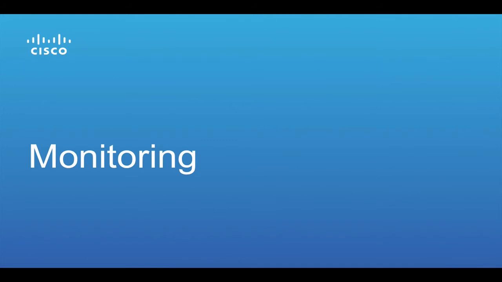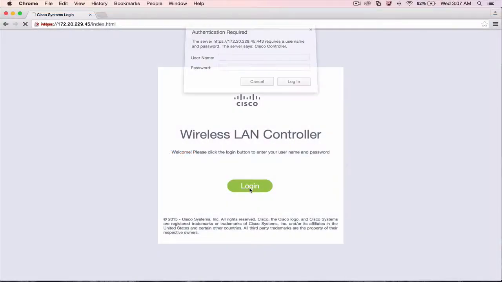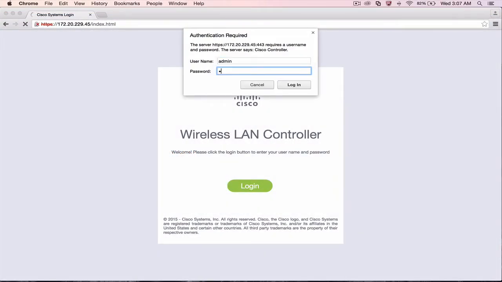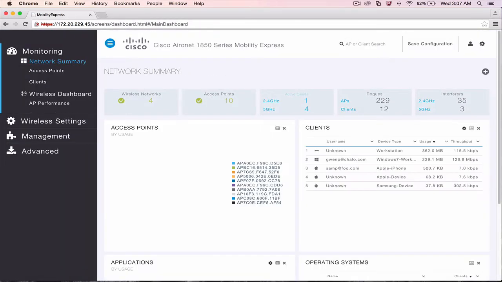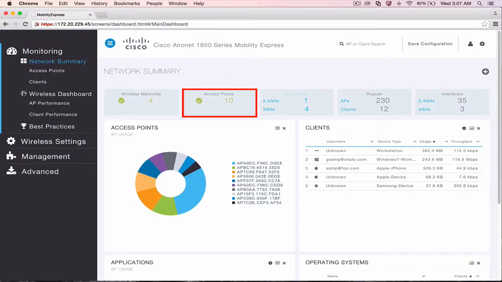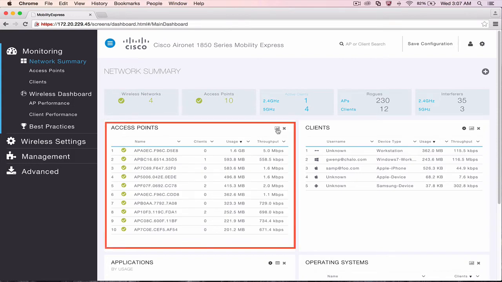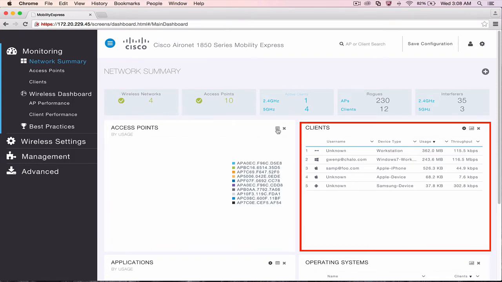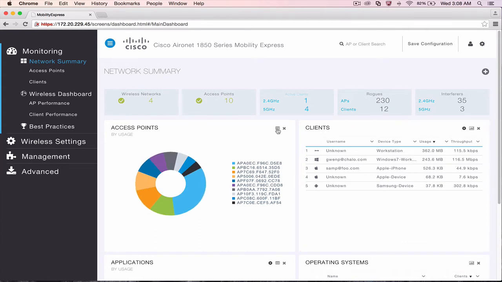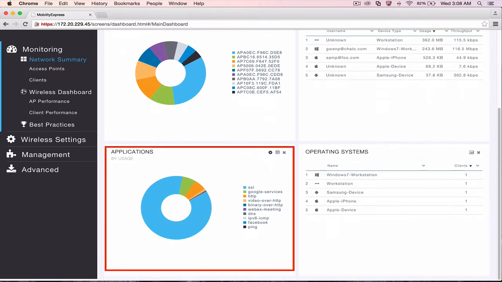Now that we have configured the controller, let us log in using the management IP and look at the monitoring dashboard. The monitoring dashboard shows the count of wireless networks, access points, active clients, rogues, and interferers. Data in the widgets can be shown in both graphical and tabular format. We can see access point usage, list of clients connected to the Mobility Express network, applications the clients are using,